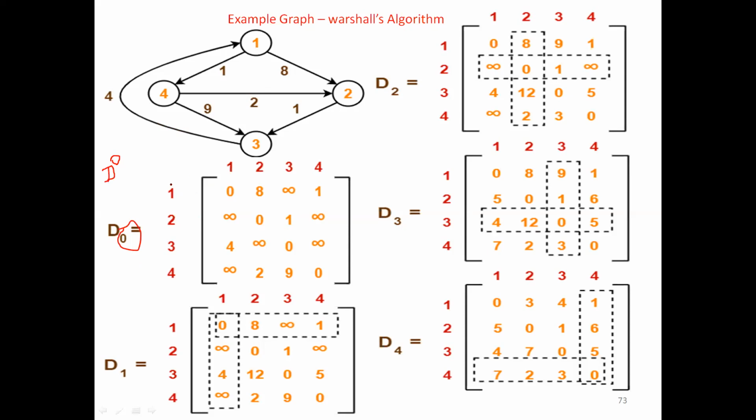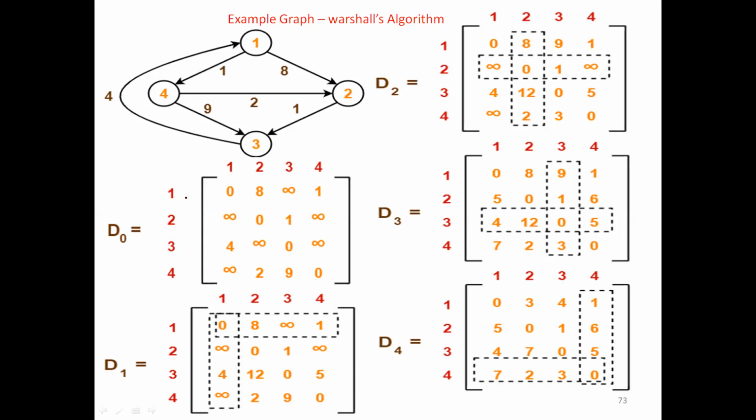How are we representing it? These are the nodes in the graph. So 1 to 1: there is no self loop, so it is 0. To reach node 1 from 1 it is 0. As we said, if there is no self loop, all the diagonal elements of the matrix will be 0. We have seen this in earlier classes. Why? Because when you reach 2 from 2, it is 0 only. That is the meaning.